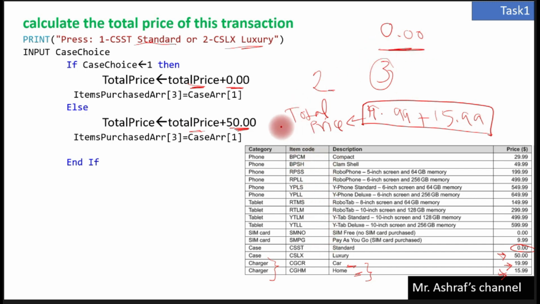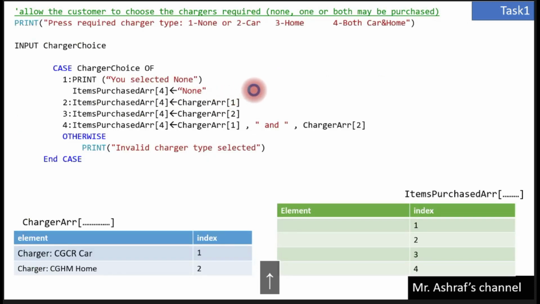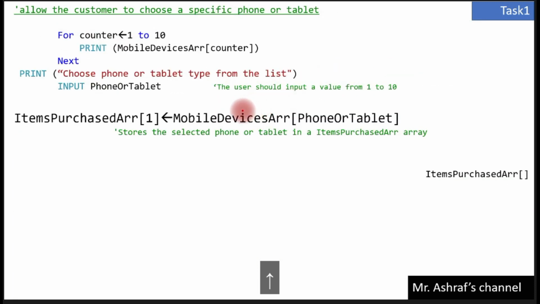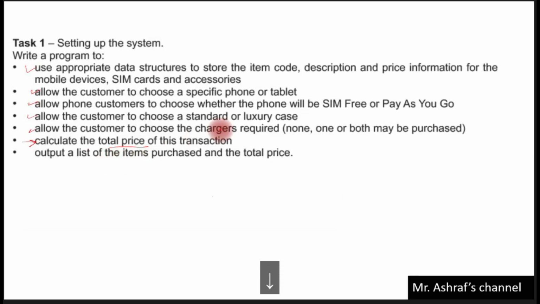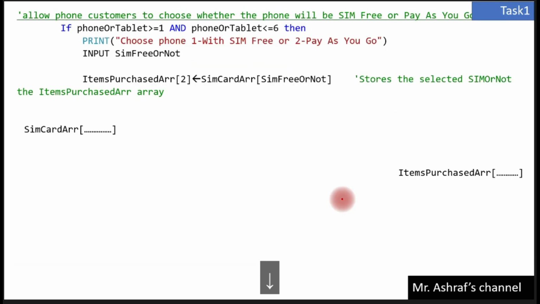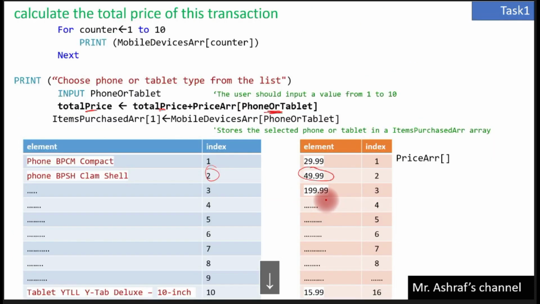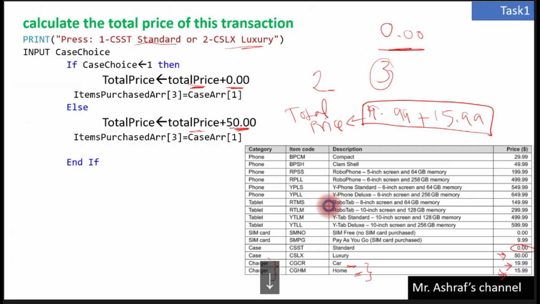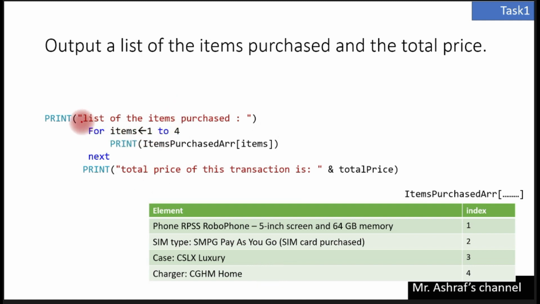Now this is point number 6. Now let's move to the last point here, which is saying output a list of items purchased and the total price. This is very simple, very easy. We will just print the array that we declared at the beginning, which is the items purchased, and all the items ranging from 1 to 4. Since we already stored all the items inside the items purchased array, we will just display all the items